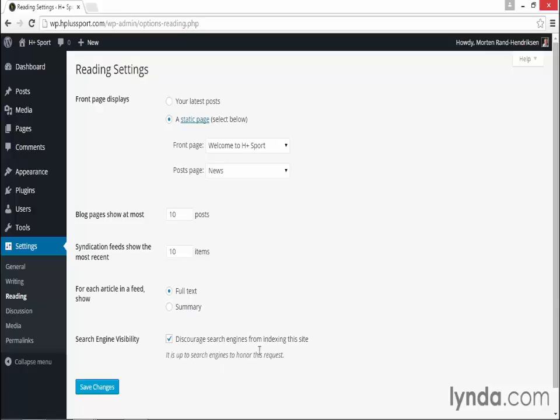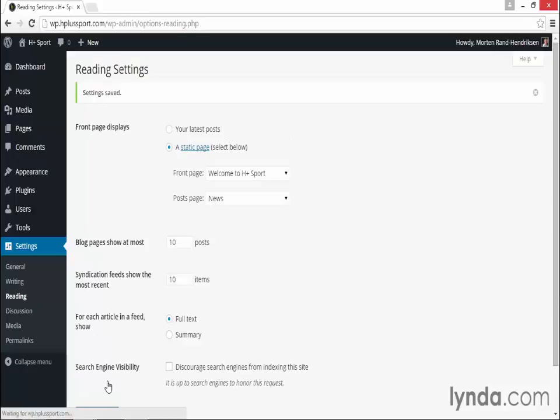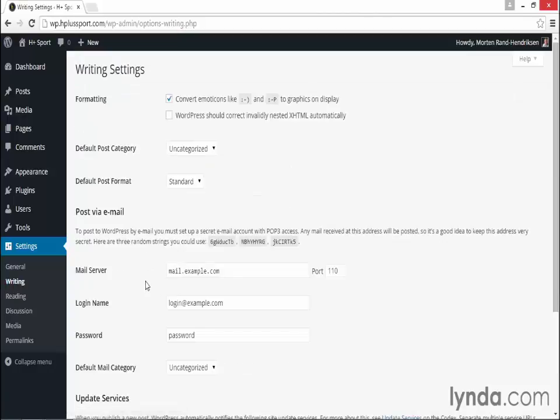Now here we get to that final setting that was referenced in the writing settings. When you install WordPress, I told you to disable search engines from spidering through your site. That's because as you're developing your site, you don't want Google or other search engines to index your test content. Now that you've started building out your site, it may be time to uncheck this box and save the changes. Once this box is unchecked, Google and other search engines will come into your site, follow all the links, and index all your content. To make that process happen faster, you can now go back to the writing settings, scroll